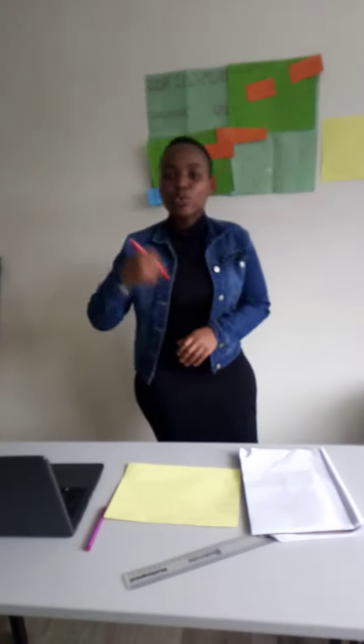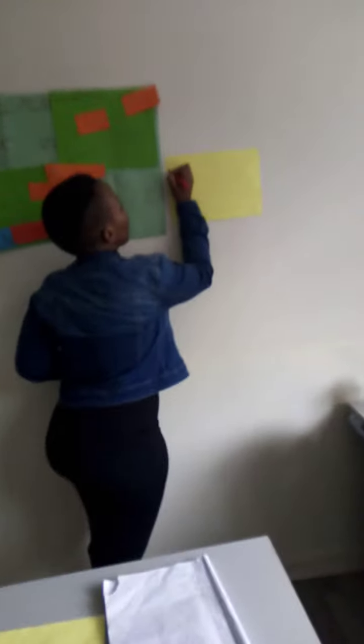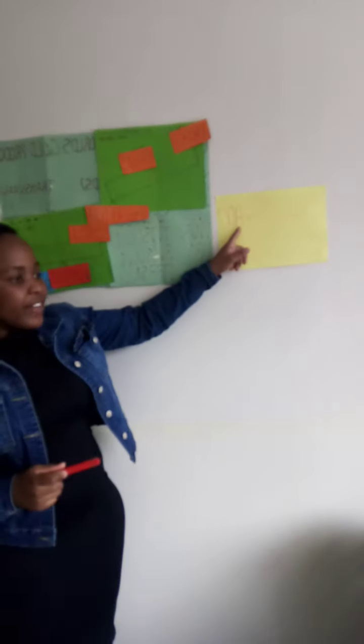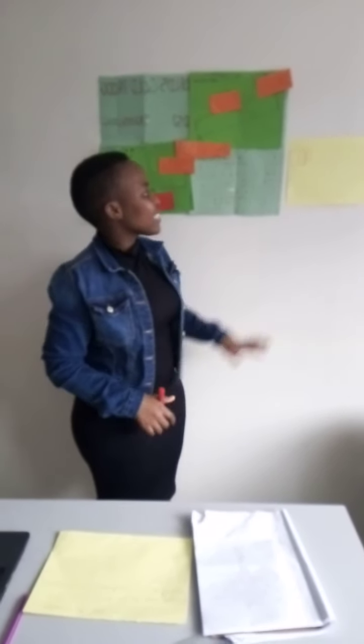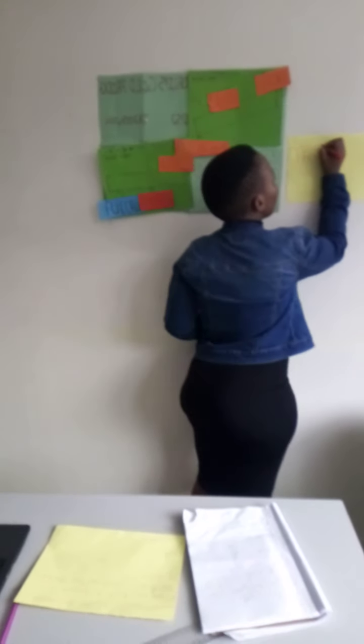So now guys, I'm going to show you how to calculate the mechanical advantage. I'm going to give you the formula or the equation that you use when calculating mechanical advantage. So I will need you to look at this. This is MA. This MA stands for mechanical advantage. But when we are writing it as the equation, we do not write the whole thing. We just say MA. So this MA will then equal to